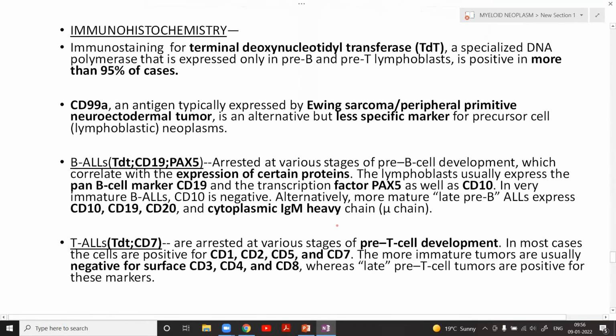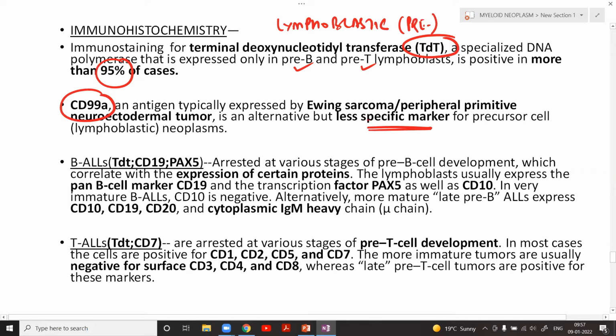Okay, let us now discuss the immunohistochemistry. There are certain stains which are going to help confirm the lymphoblastic nature, that means the precursor cell nature. The precursor cell nature is confirmed by a very important immunostain, that is TdT. It is present in more than 95% of cases of precursor B and T lymphoblasts. Another marker, not as sensitive and specific but also present in the precursor state, is CD99. Remember that CD99 is a less specific marker of lymphoblastic neoplasm, and more importantly, it is positive in Ewing sarcoma or PNET,